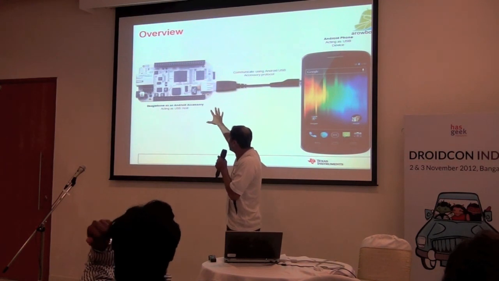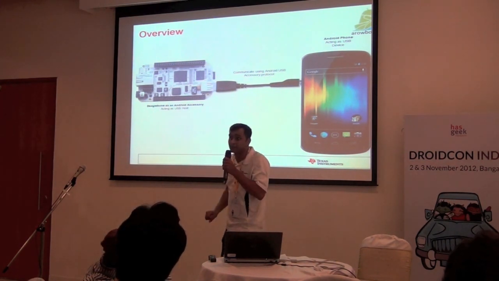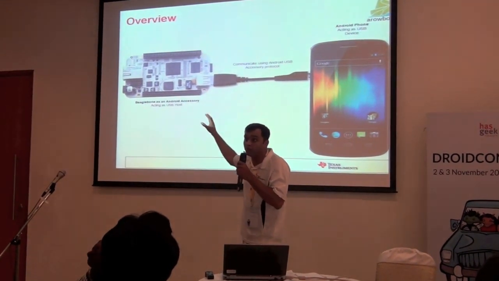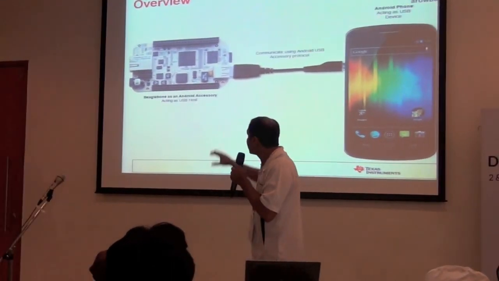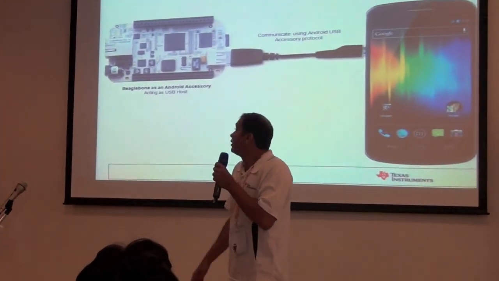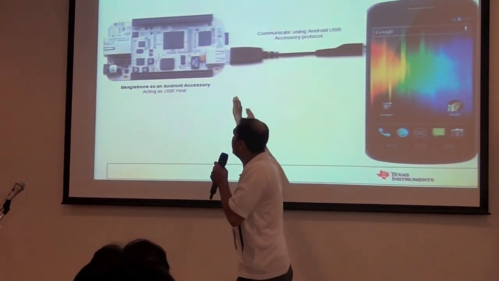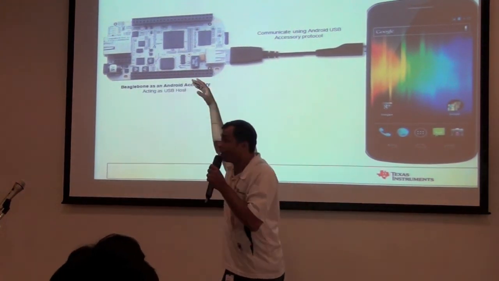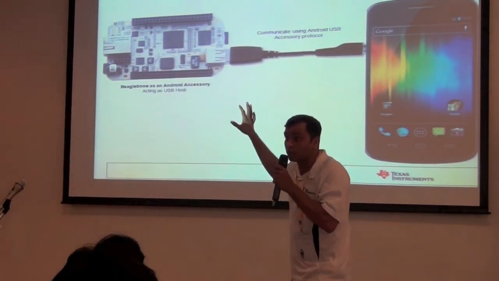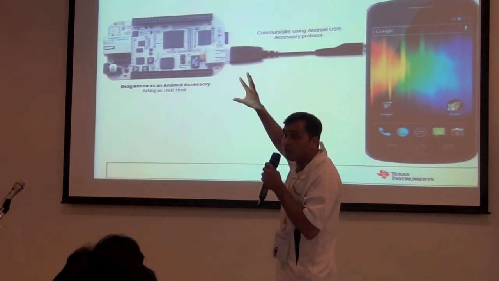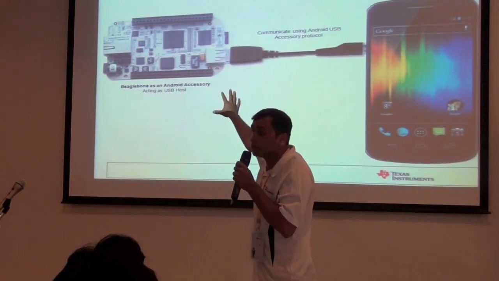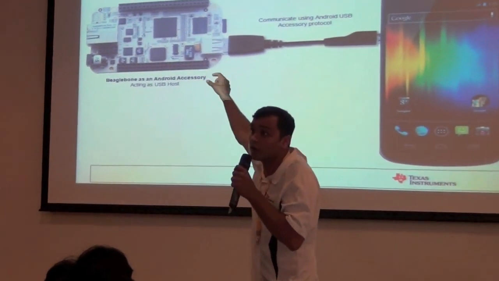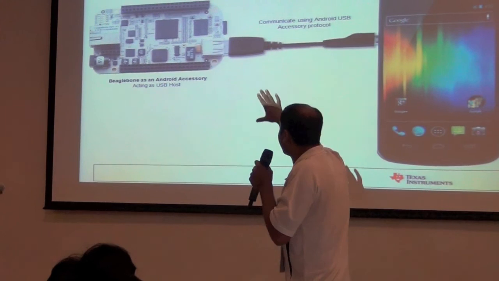It is a board based on TI's AM335x platform. It has a Cortex-A8 processor which can go up to 720 MHz and it has an inbuilt 3D acceleration core. It has onboard USB, Ethernet, MMC card, these expansion connectors and a lot of IO peripherals to play with. Virtually you can connect any kind of sensor to this. All IO peripherals are exposed here, so you can interface any other device or peripheral on this expansion connector.